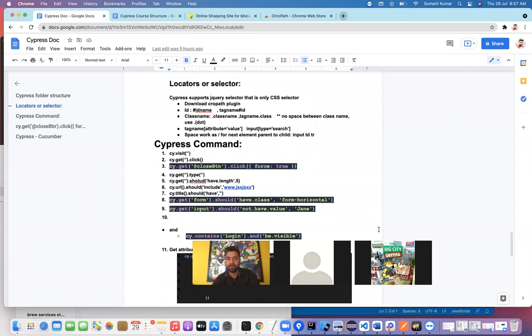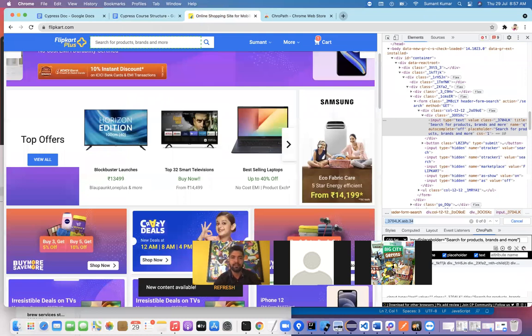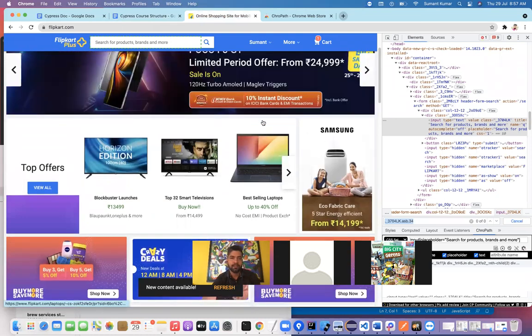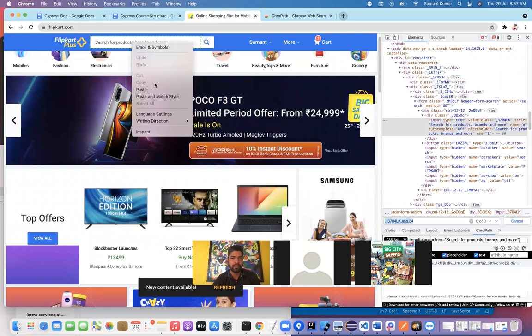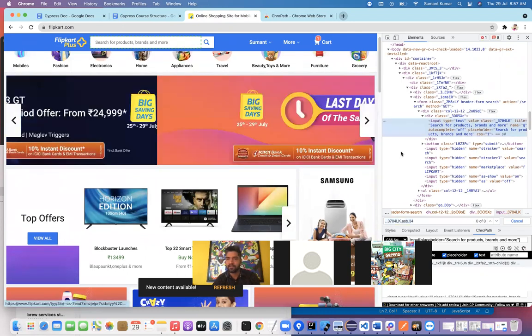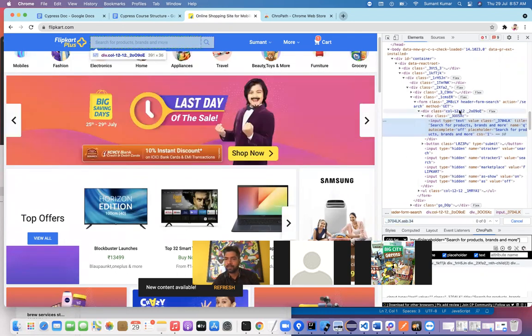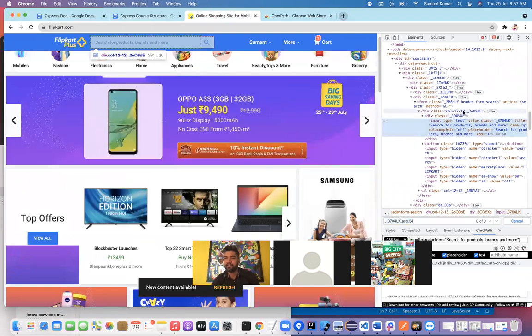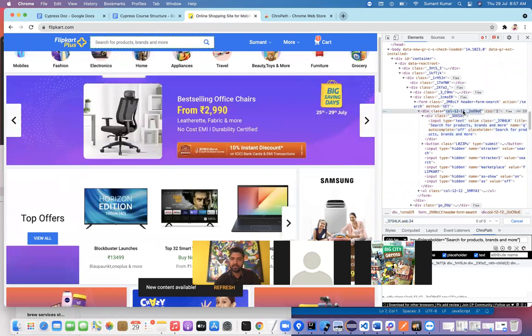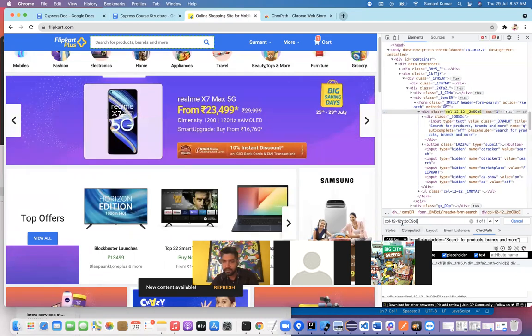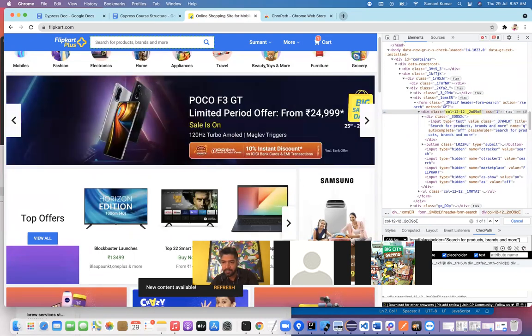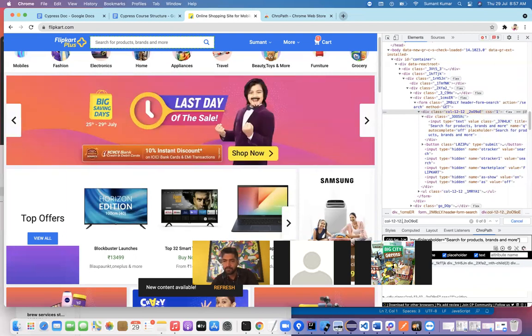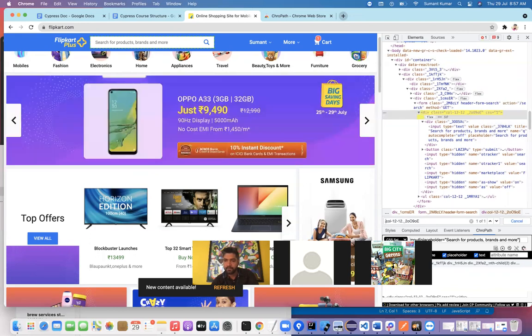Sometimes, if you want to move from parent to child. So parent to child, what does it mean? I will tell you. Let's see. Again I'm going here only, inspecting here. So here is the div, and let's see, I use this class. The class name I was telling, right? There's some space here. So if you use dot here and again dot here, it will work.